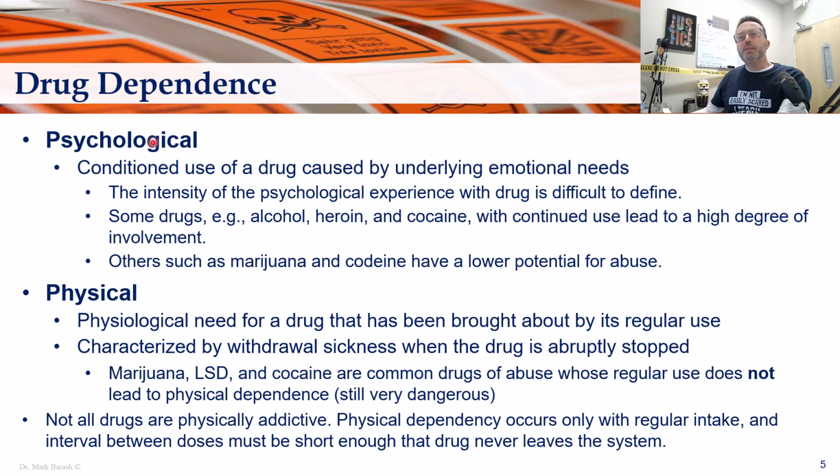And the main problem is the psychological, when the conditioned use of a drug is caused by underlying emotional needs. And then there is also a physiological dependency on the drug after repeated use, which in turn leads to many personal and social issues. So some drugs have a high psychological component of addiction, such as alcohol, heroin, or cocaine, while others, such as marijuana and codeine, have a lower